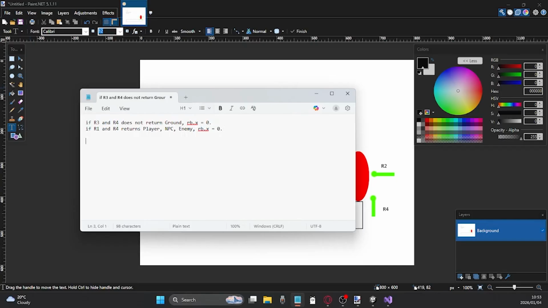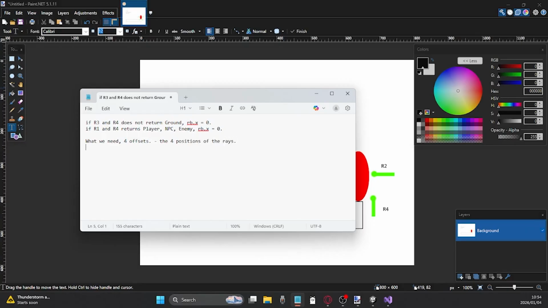So what we need is 4 offsets, and this will act as the 4 positions of the rays,